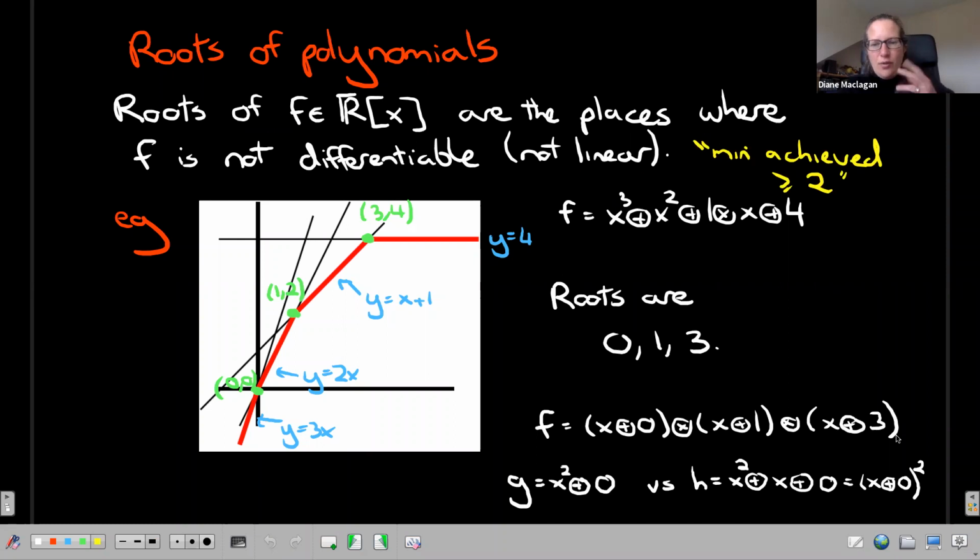Okay. It involves a little bit of thought about the tropical operations. For example, what's the constant term? The constant term is 0 tropical times 1 tropical times 3. Remember, this 0 is not the 0 of the usual arithmetic. So 0 times 1 times 3. In usual arithmetic, that's 0 plus 1 plus 3, or 4. Okay, so you can check that this does factor.